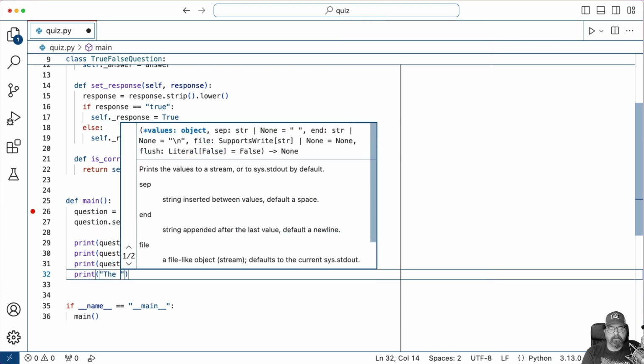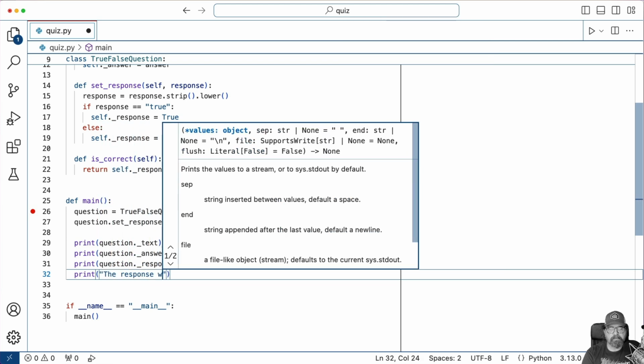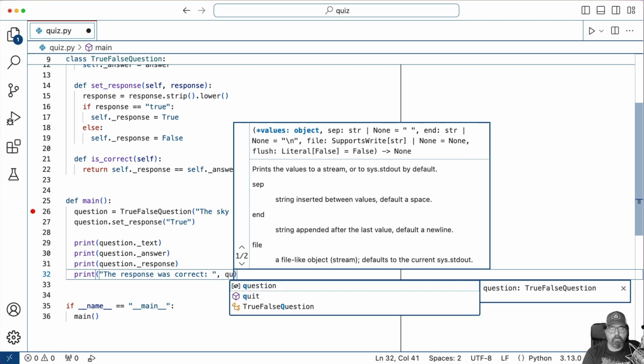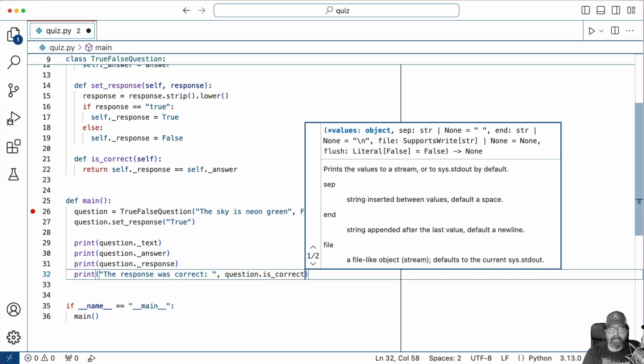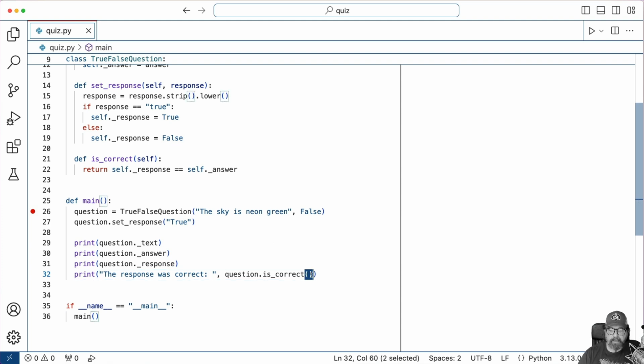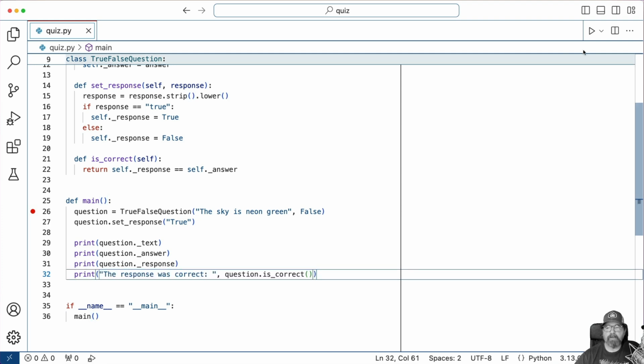So down here now, I can do something like this. Print the response was correct. And I can print out question.isCorrect like that, and it's a method. Sorry about that semicolon. It's a method. It's a function here. So I have to do the parentheses. So the response was correct. Question is correct. So if I run this,